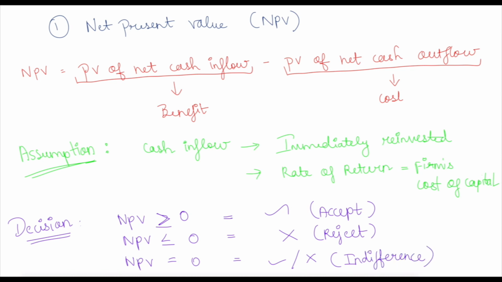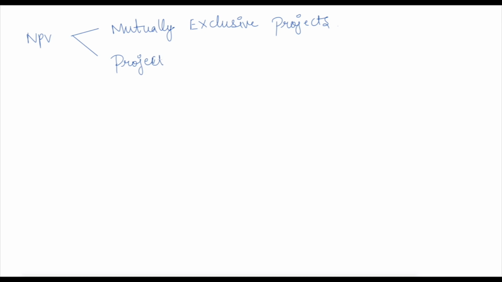Okay, now let us move on to a small concept under NPV. Not even under NPV, you will be seeing this mutually exclusive project in other techniques too. So this NPV method can be used to select between mutually exclusive projects, and the project with highest NPV is to be chosen, because the positive NPV is to be chosen. In that case only your benefit will be higher because it is simply benefit minus cost. If it comes to a negative value, then your cost is more than your benefit, so you are not going to choose that. So before going further, let me explain what is meant by mutually exclusive projects.